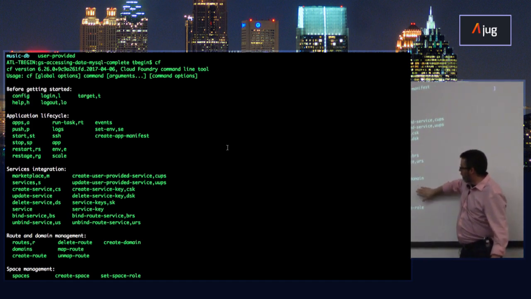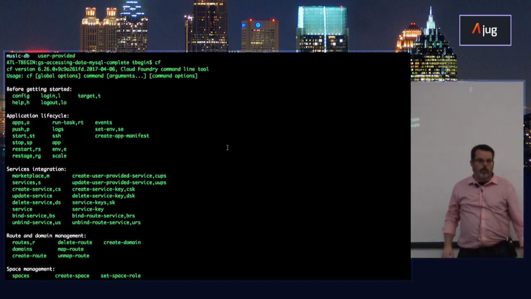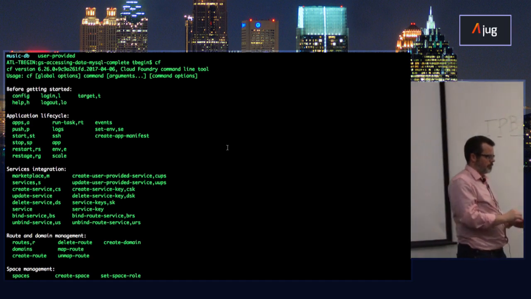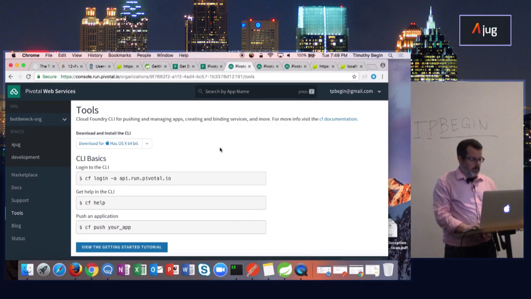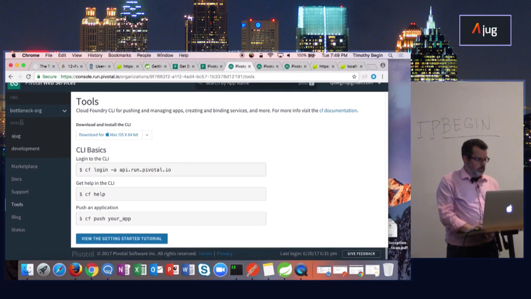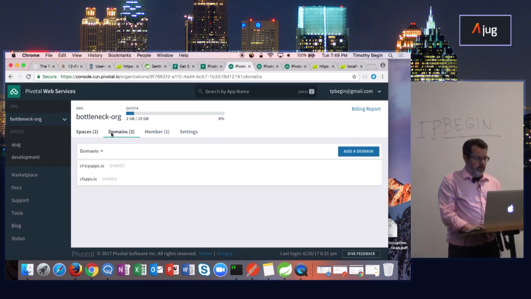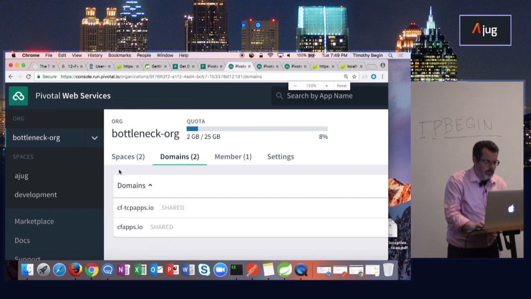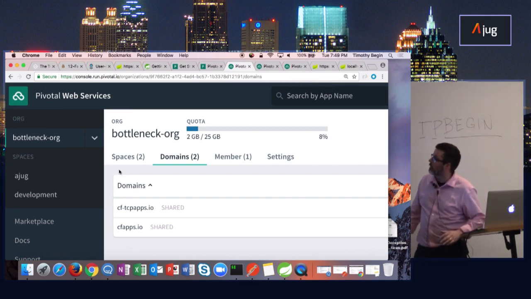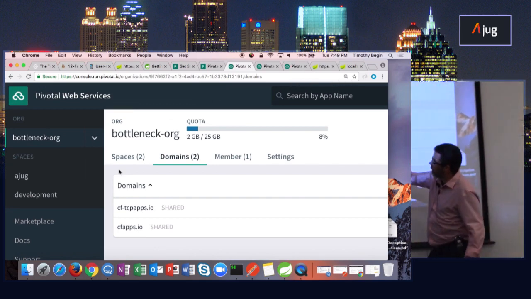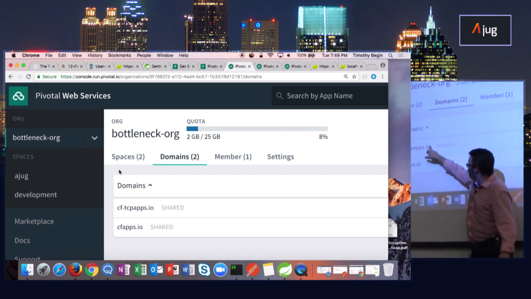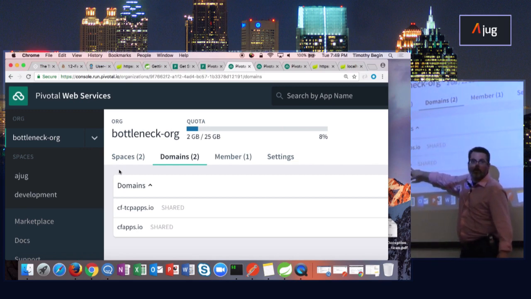Your route and your domain management and your space management. So your route and your domain management, you'll notice when I come up to the dashboard, can everybody see that where it says domains? cf-tcpapps.io and cfapps.io.